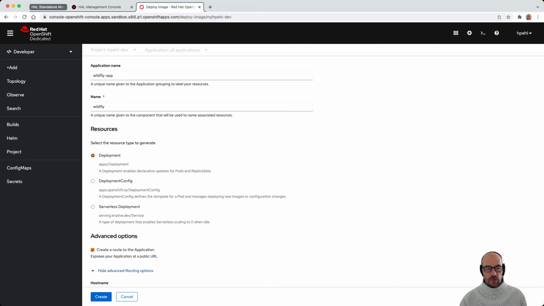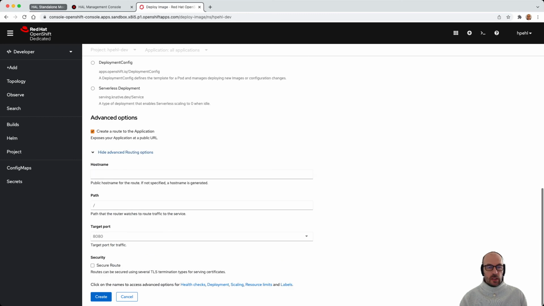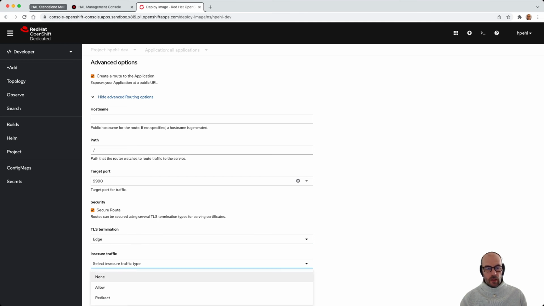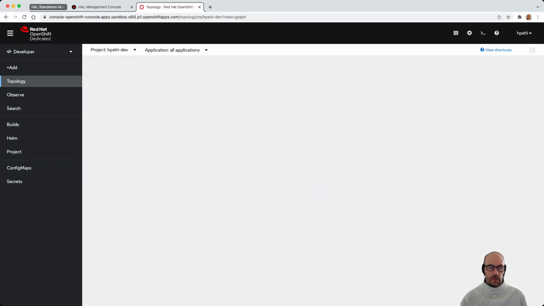So I choose show advanced routing options, and here I'm adding the port I want to publish, and that's the port of the management interface, 9990. So I choose this one, and then I need to check secure route. This will create a route for this target port, which is secured by TLS. And after clicking on create, the port is created, the route is configured, set up,